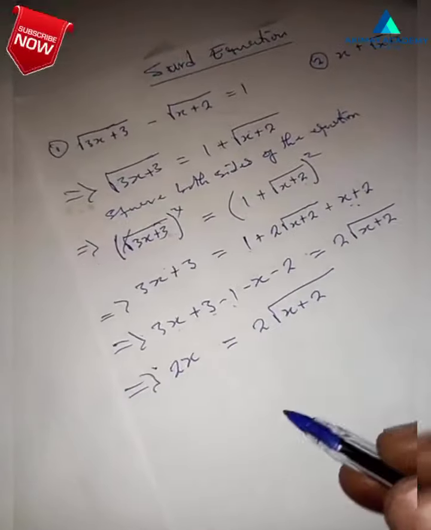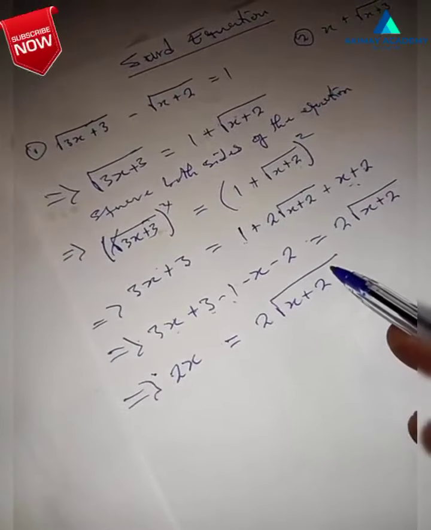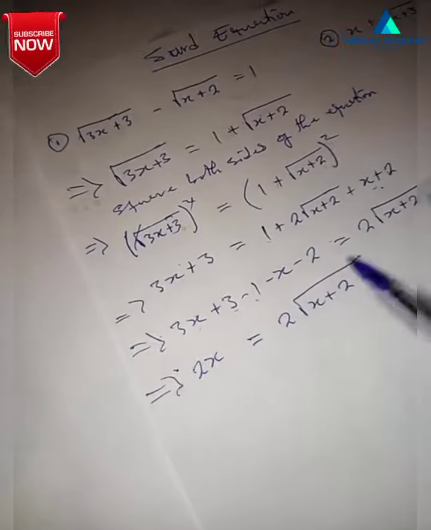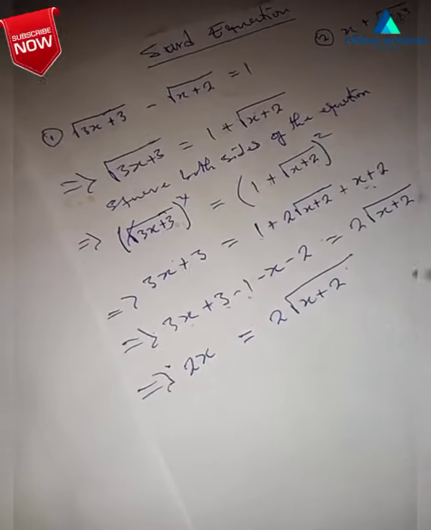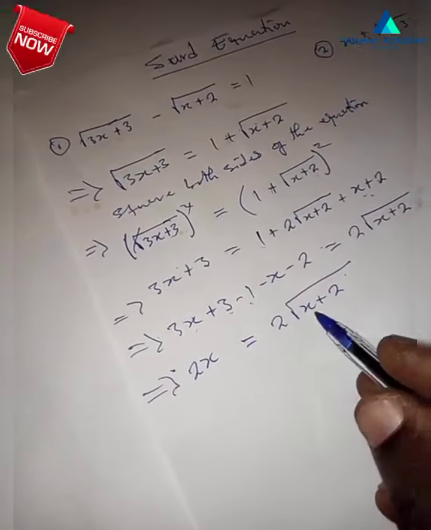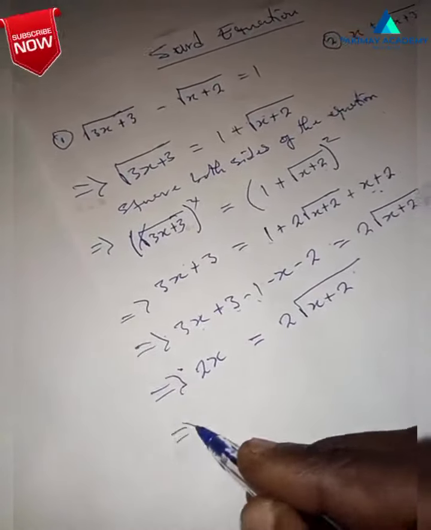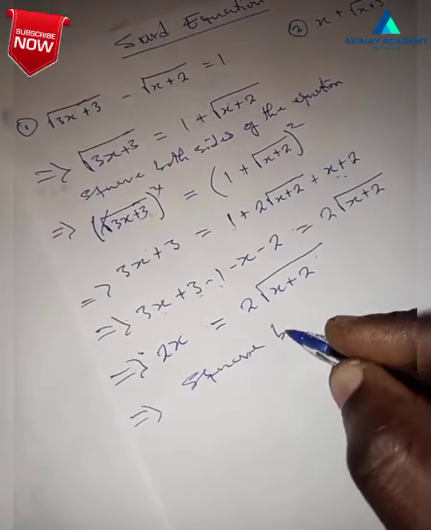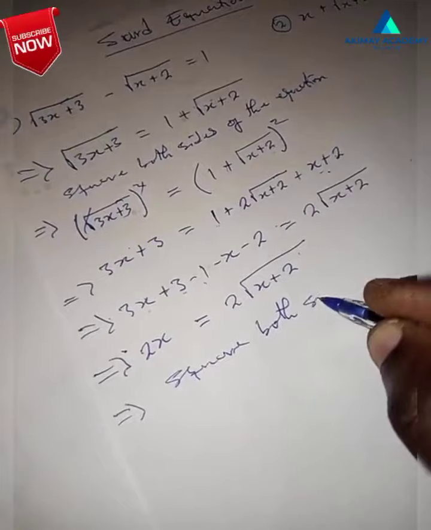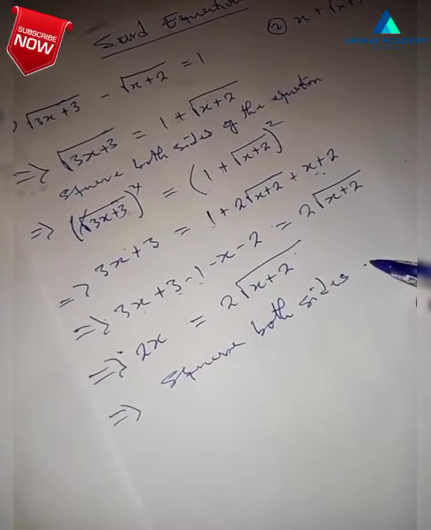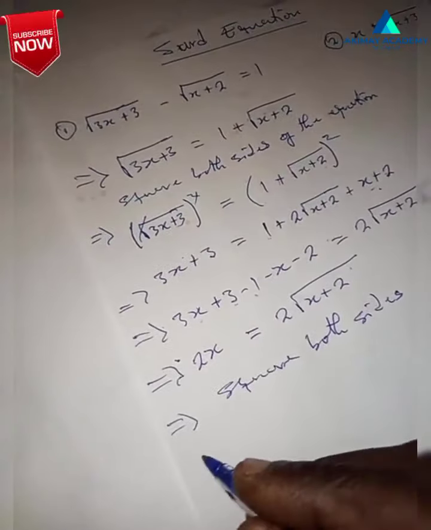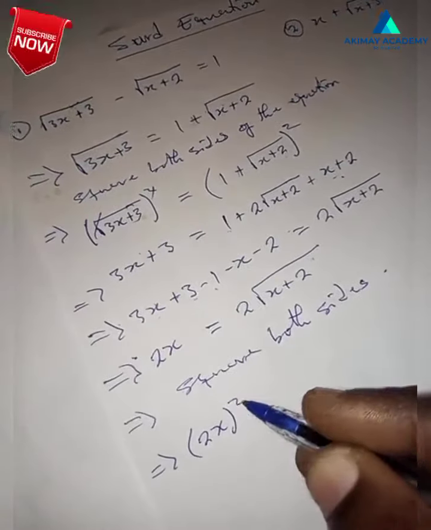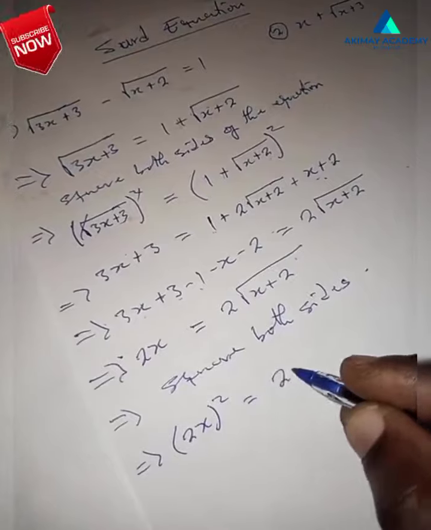Good. So at this point, what do we do again? You can see we still have some radical sign over here. So we have to square both sides again because of the radical sign, because we want all the radical signs to finish. Otherwise, we can't find the value of x. Okay, so we square both sides again. So square both sides. So we have here to be 2x all square equals